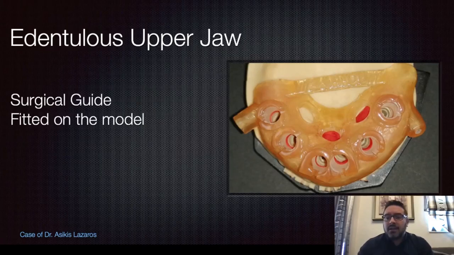And in that case, we proceed to the printing of the digital model that came out of the hardware software. Here you can see the surgical guide fitting on the 3D printed model, and if you look in more detail at the holes, you can see the digital lab analogs, the RP analogs.